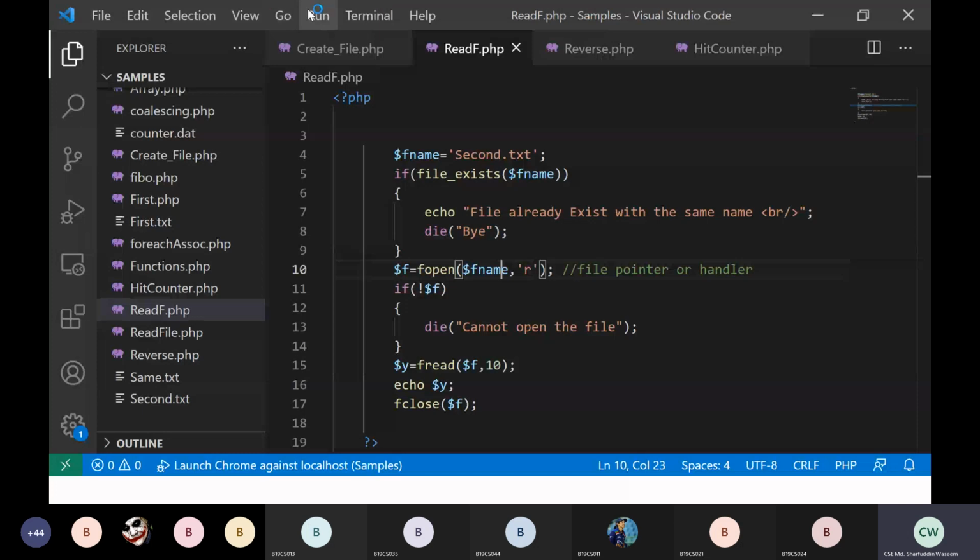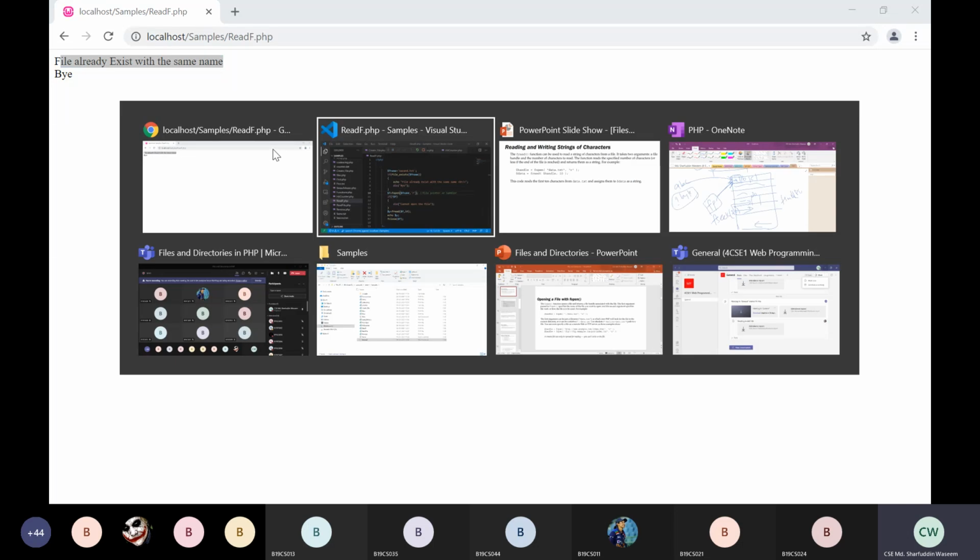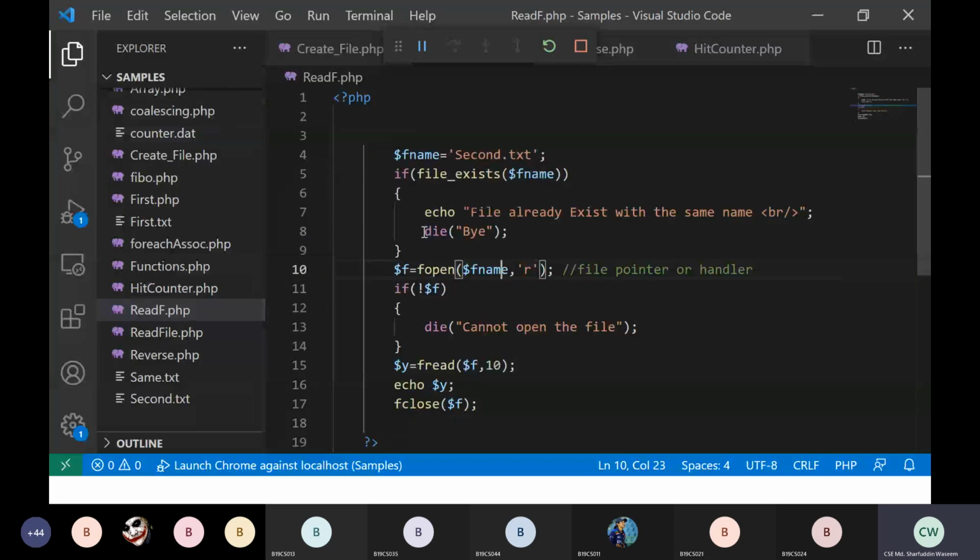Already it is running, so we have to stop it and run without debugging. What is the file name? It is readf.php. The file already exists with the same name, so it should not die, because the file is already there. I know that's the reason it's coming out of this. Okay, so just refresh